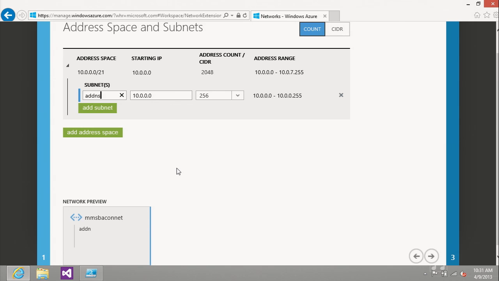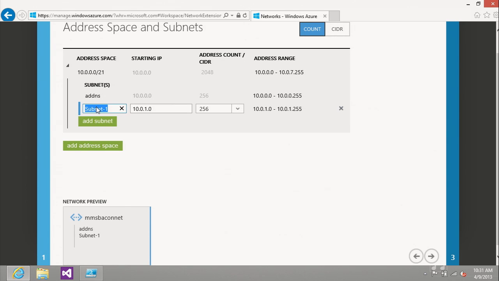Now, I'm going to call my first subnet ADDNS, which is my little acronym for Active Directory DNS. I am going to leave it as the default, 256, and I'm going to create another subnet just for fun, and we'll call that web. And I can create as many subnets as I want, and it just helps me organize my network there. I'm going to click on next,